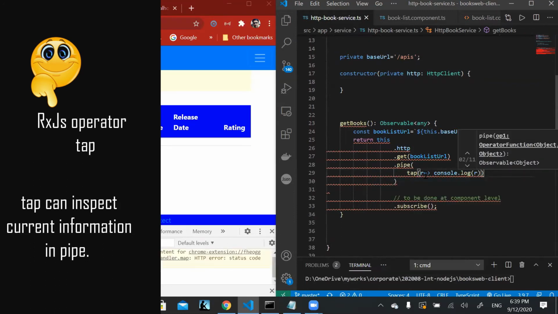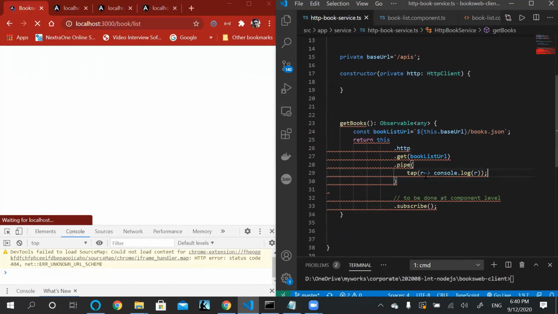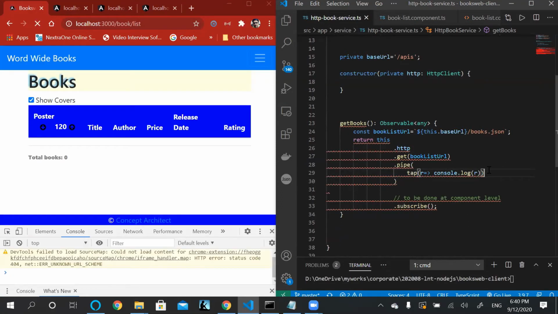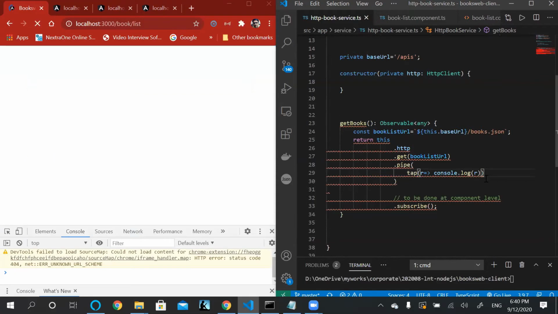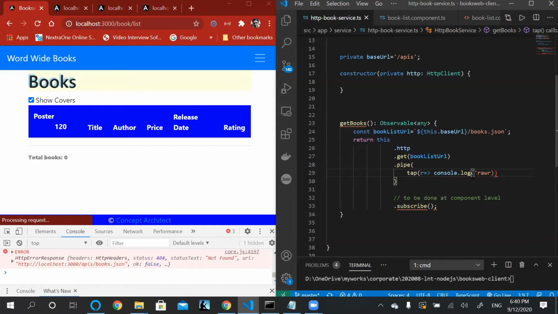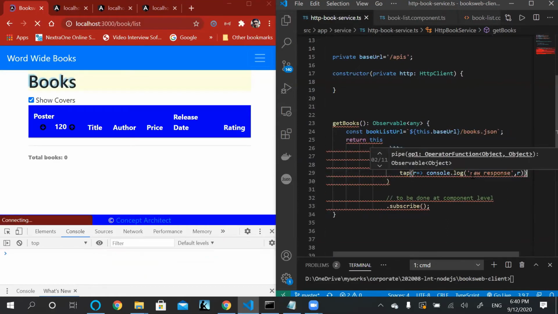So that is what tap can do. So tap can display a response which we are getting from the server, and I can say this is the raw response we are getting from the server.